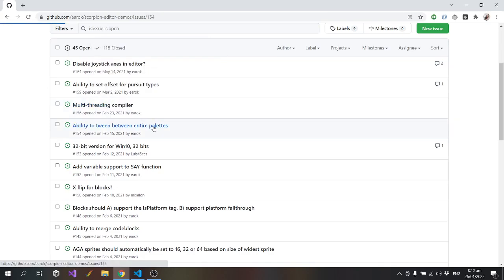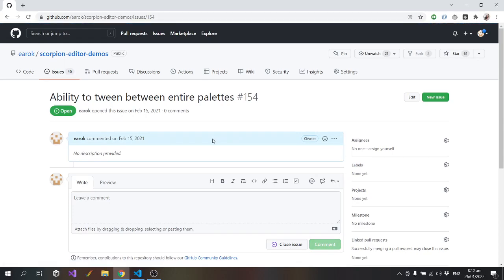Tween between entire palettes, that's still a legitimate thing I need to do. The idea for that is, say, as an example, you've got a room that has a red light, and so when the red light turns on, you want the whole palette to fade to a red tint, and be able to do that smoothly.